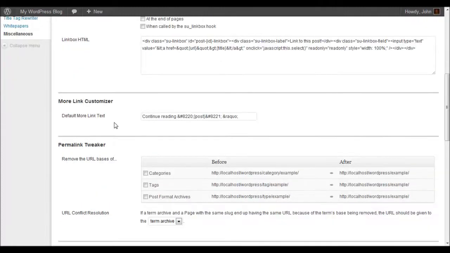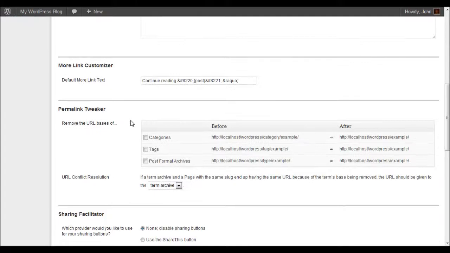The More Link Customizer is another little thing that you can implement on your site. Some sites will have posts that have a Read More link on them that visitors have to click on. If they're reading the post on the home page, then they have to click the Read More link to view the rest of it. Well, the problem with the Read More link is that Read More isn't a very keyword-rich phrase. So the More Link Customizer lets you change the anchor text of that link to something a little more